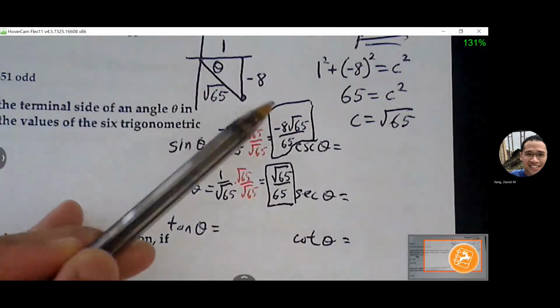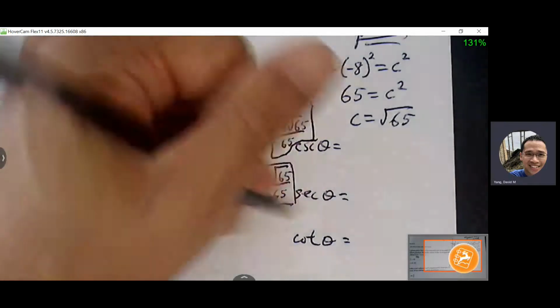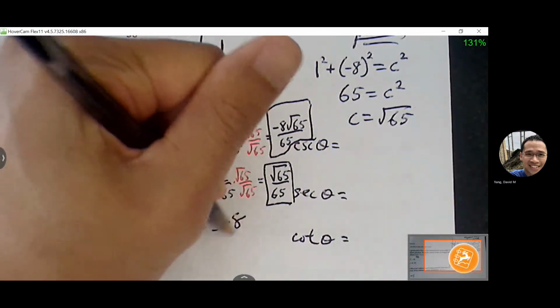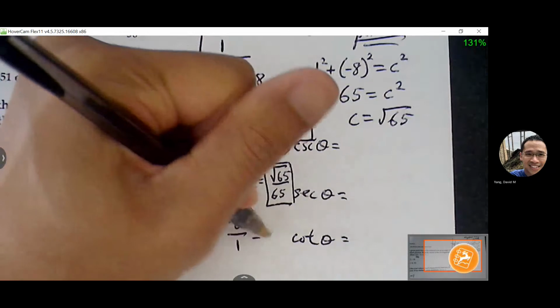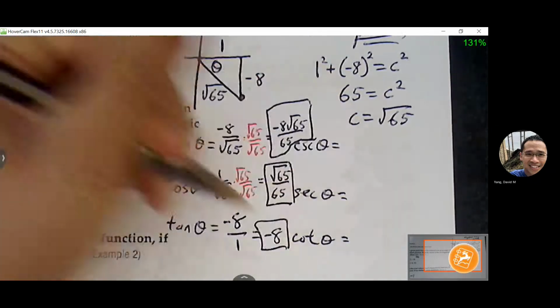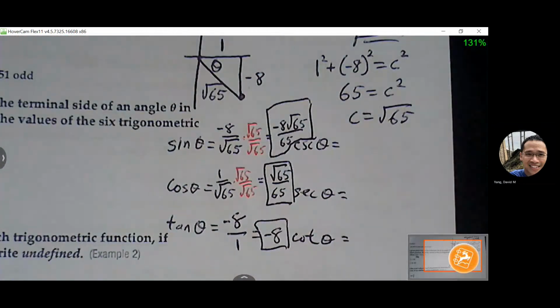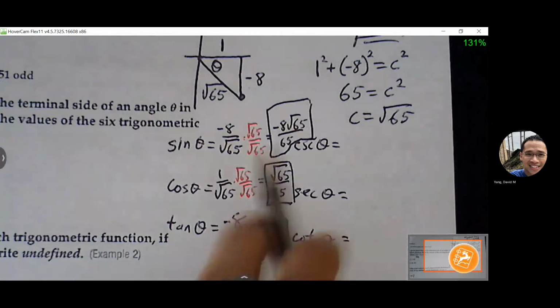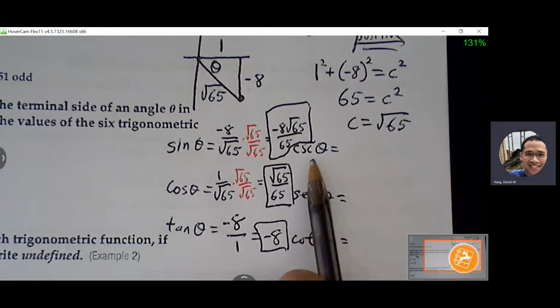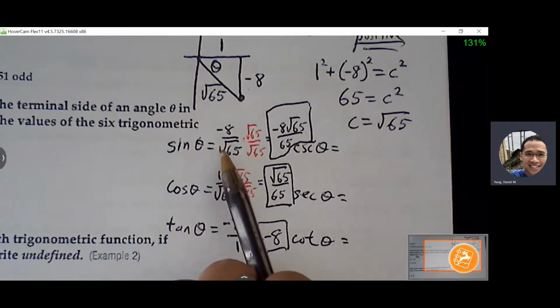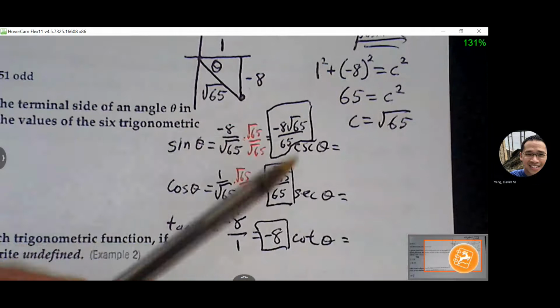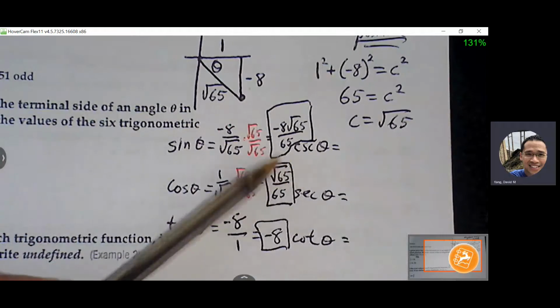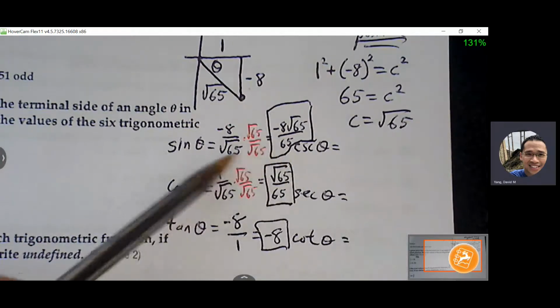Tangent is opposite over adjacent. Okay, how do we get to cosecant? Cosecant is the what? Reciprocal of sine. Now, when you do that, my suggestion is, if you want to flip sine, find the one